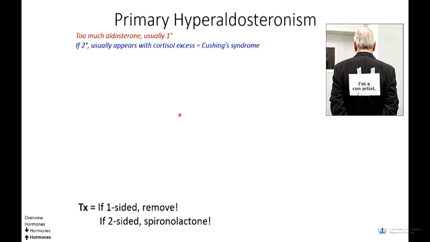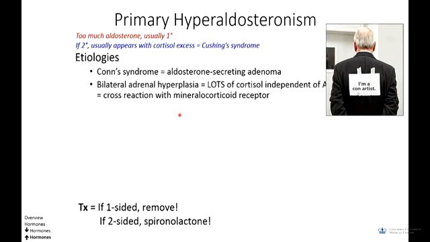Now we're moving on to aldosterone. If we have too much aldosterone, then you can either have Conn's syndrome or bilateral adrenal hyperplasia. In Conn's syndrome, you have an adenoma making aldosterone. In bilateral adrenal hyperplasia, you're making a whole bunch of stuff, including aldosterone, and then you can also have